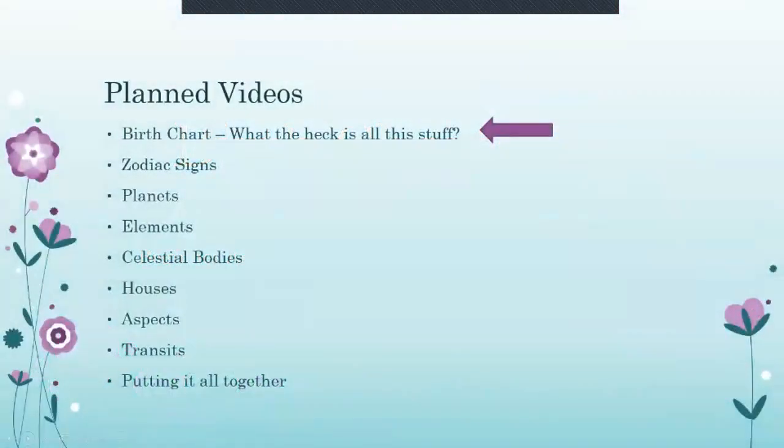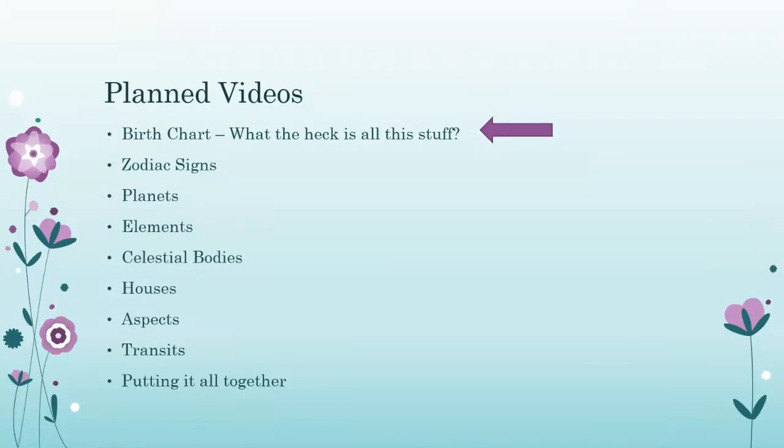But first, I just want to show you what my agenda is, what my plan is. First, we're going to talk about the overall what's included in a birth chart. We'll take a look at one and I'll point some stuff out. Next, we will have the zodiac signs. Then we'll talk about planets, elements, celestial bodies. We'll do a breakdown of what houses represent, aspects, transits, and just some really high level how to start putting some of these things together. And I may even give you a snippet of that today, depending on how I'm going through this presentation.